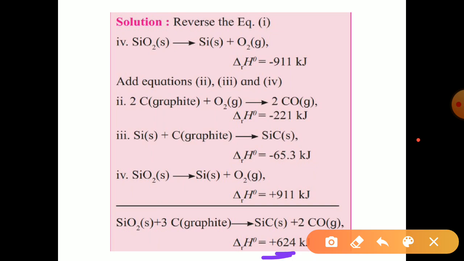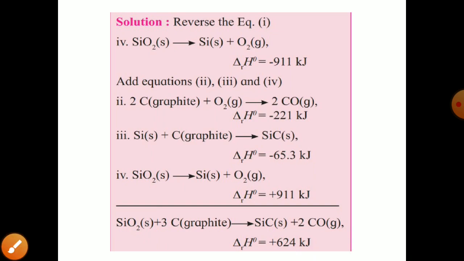Hess law states that the enthalpy for an overall reaction is the summation of the enthalpies of the constituent reactions, and when the enthalpy for the overall reaction is calculated from the constituent reactions, the enthalpy does not change, it remains the same. So the enthalpy for a reaction remains the same whether the reaction takes place in one step or in multiple steps. So this is about the Hess law we have discussed today.